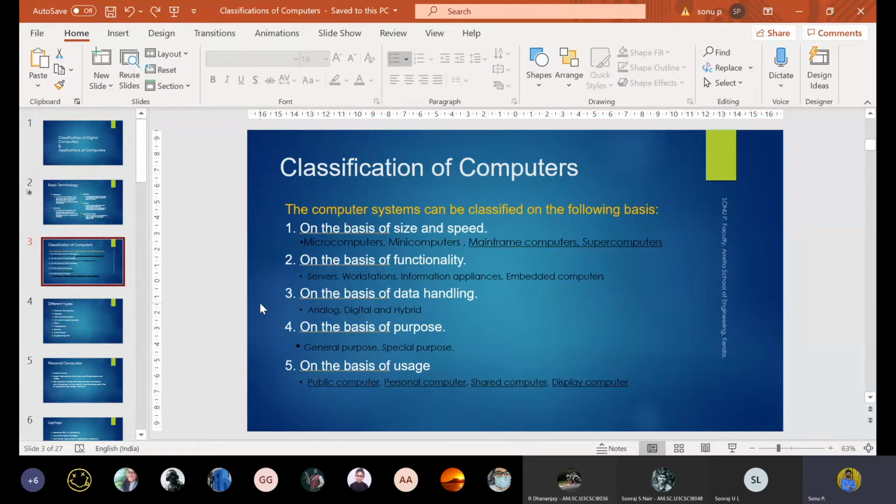Examples are all these laptops, desktops, etc. And there are some special purpose computers. We can categorize them into different subdivisions, but I am not going into that. One example is a display computer, in which only information is displayed.